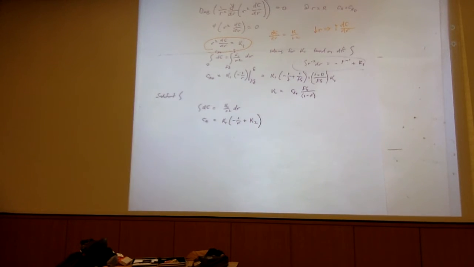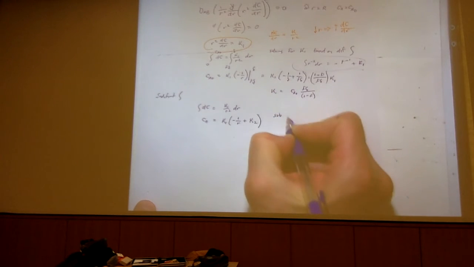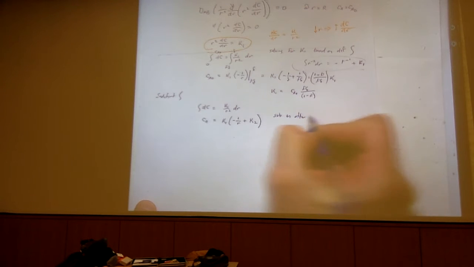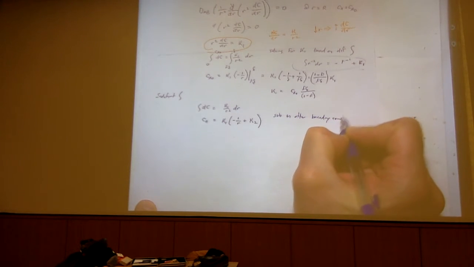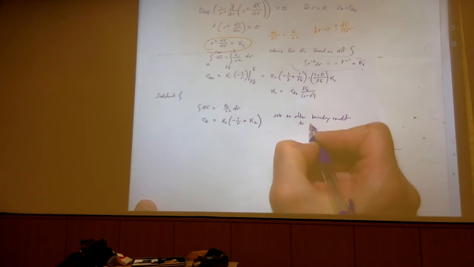Now I have an r-dependent expression. And then I can sub in the other boundary condition to find